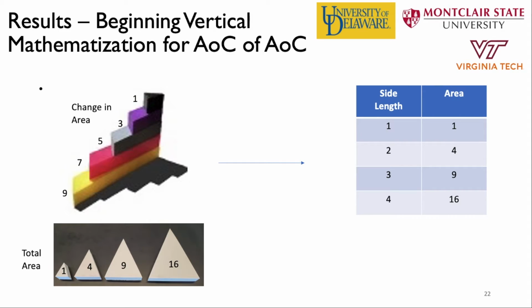Here, Neil is identifying the area of the pink manipulative as having a quantity of 7. And knowing that, this new piece must be added to the previous total area to give us a new total area. So the 7 for the new piece plus the 9 for the previous total area, giving us a new